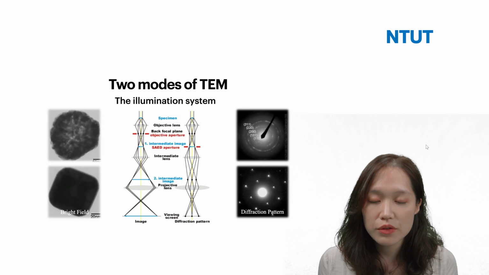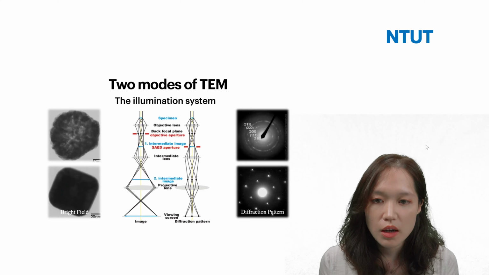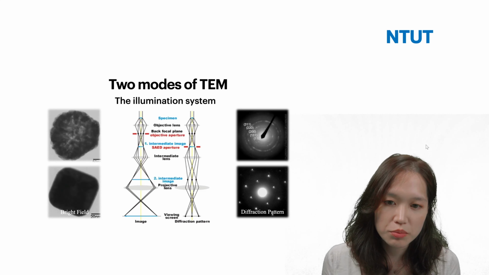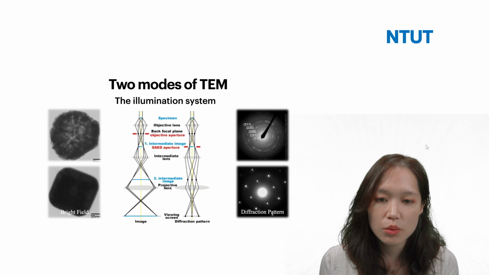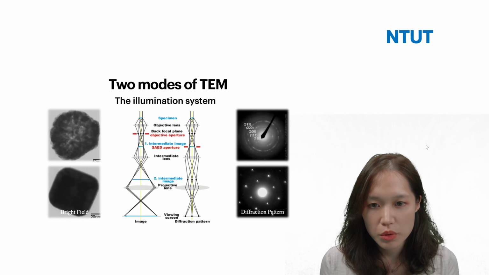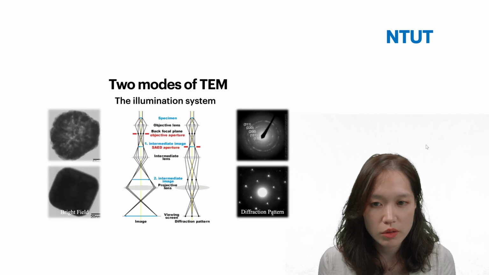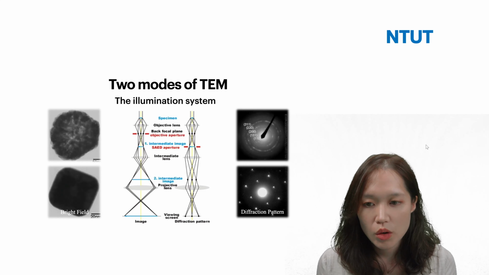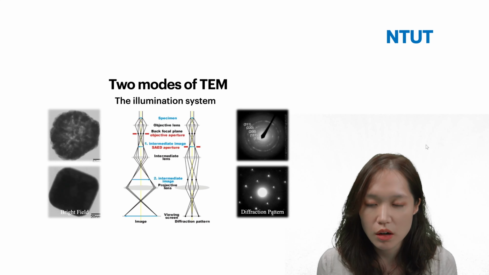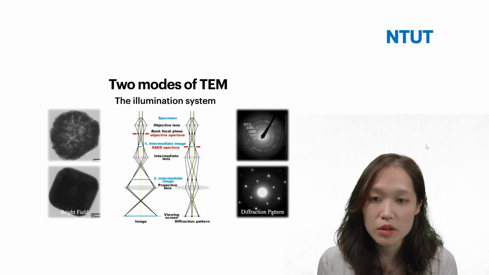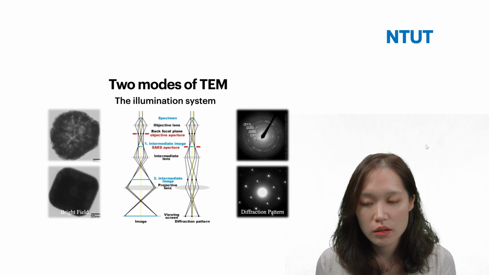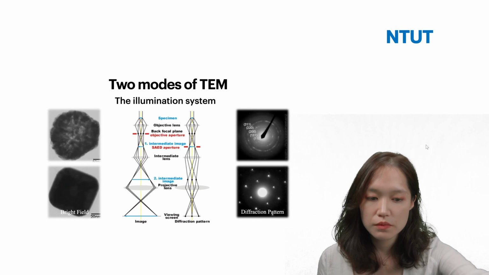So we have the lenses, the strength of the lens. We play with how the beams are being diffracted and distributed, and from that we can see either the diffraction pattern, which we can see on the right and which gives us the crystallographic information of your material, or on the left the image of your materials. This is particularly important if you're dealing with nanoscale specimens.